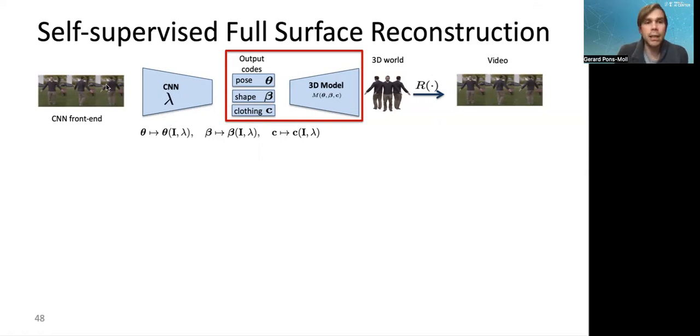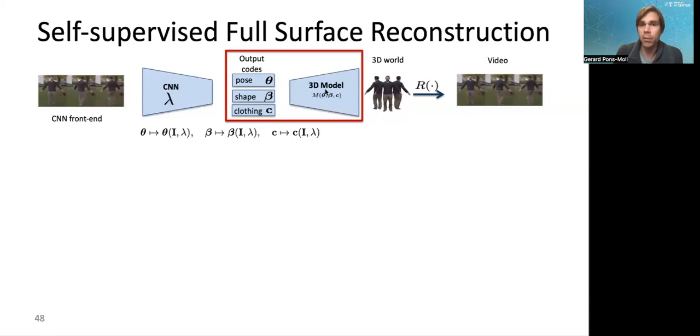Essentially, you can think of this as adding a front end that, given the image, will predict the parameters of the model. And then you're going to train this. If you do not have 3D data, you're going to train this using a self-supervised loop where you start from images, you predict these parameters of your 3D model with a convolutional neural network, and then you push this through